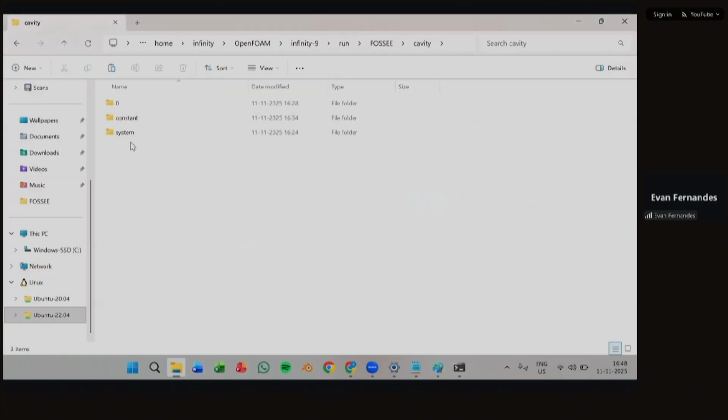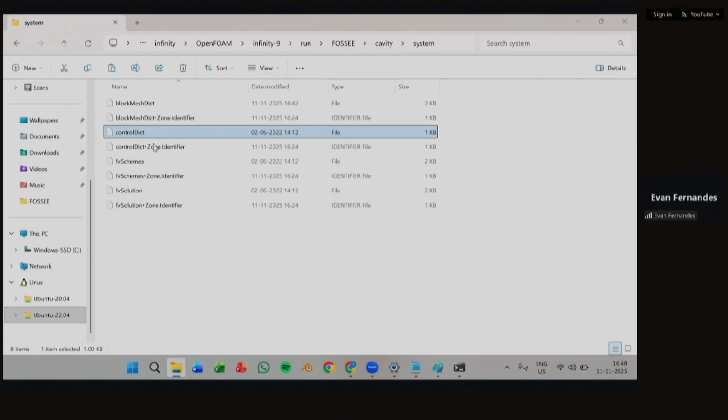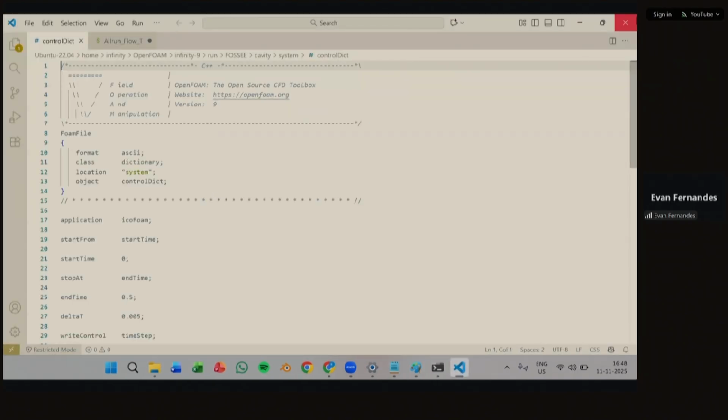Then we go to controlDict. Again, as I said, this is where you will mention your start time, end time,